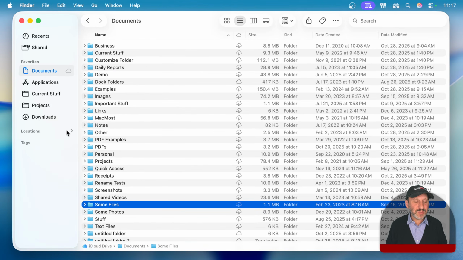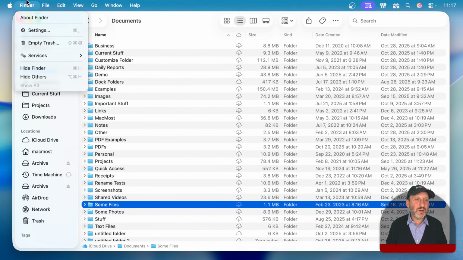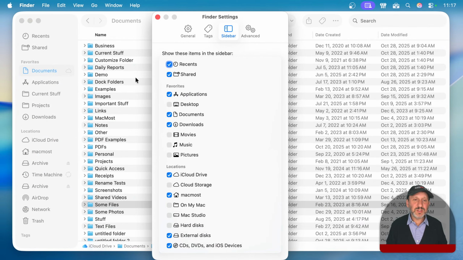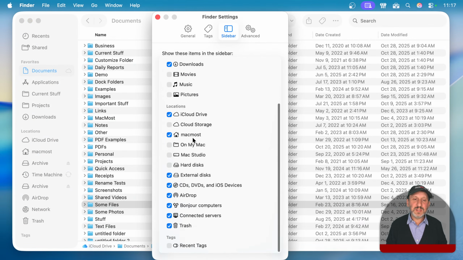Under locations, you've got these items here, which you customize in settings here, and you have all these items. A lot of them make sense. Some of them are kind of a mystery. For instance, iCloud Drive is the top level of iCloud Drive. So if you're always going to the top level of iCloud Drive a lot, it might be useful to have